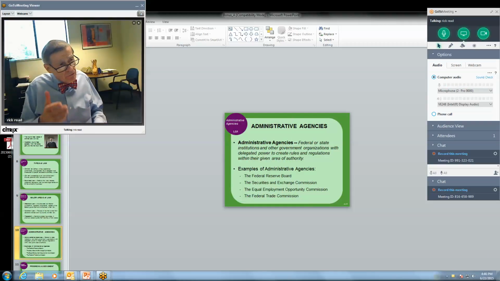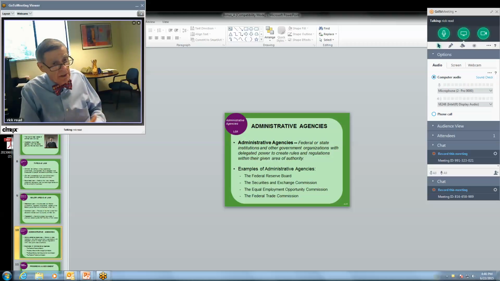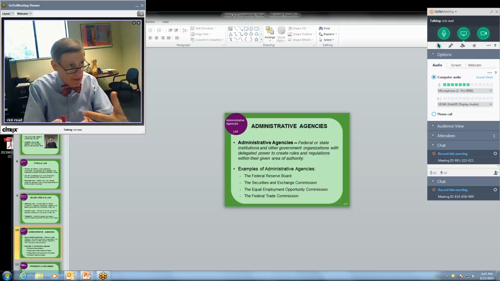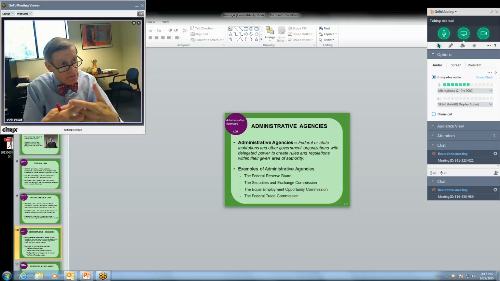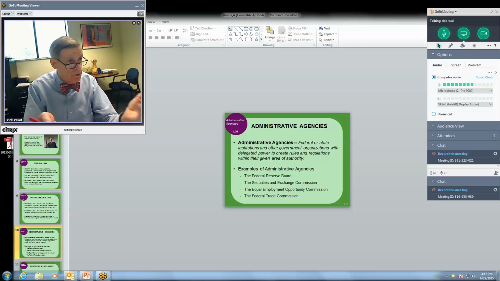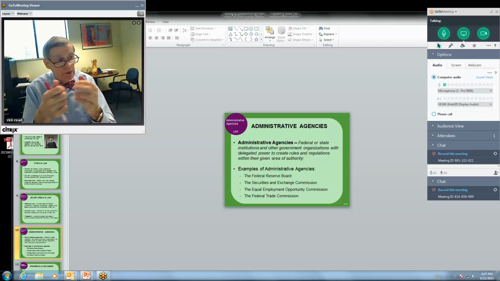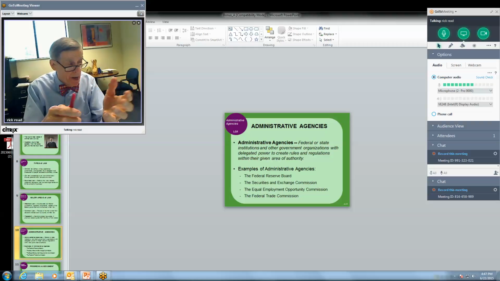To enforce laws or to help enforce laws, especially at the federal level and the state level, there are administrative agencies. And there's a number of them listed here, and I'm not going to go through them, except we talked a good deal about the Securities and Exchange Commission. We also talked about the Federal Reserve Board. But these agencies have been established by the United States Congress. And the United States Congress has established them to take care of the areas, or to police, to provide jurisdiction for the areas over which they have, well, the word just went right out of my mind. They have a responsibility to oversee.